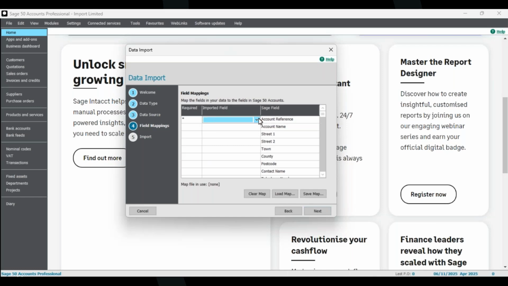Now, on my spreadsheet, as I showed you before, we did have a heading called ACREF. So I've made it easy for myself. ACREF, account reference, there you go. I've mapped those two successfully. I will then go down and do the rest. So address 1, address 2, it's almost like I planned it. Address 3,